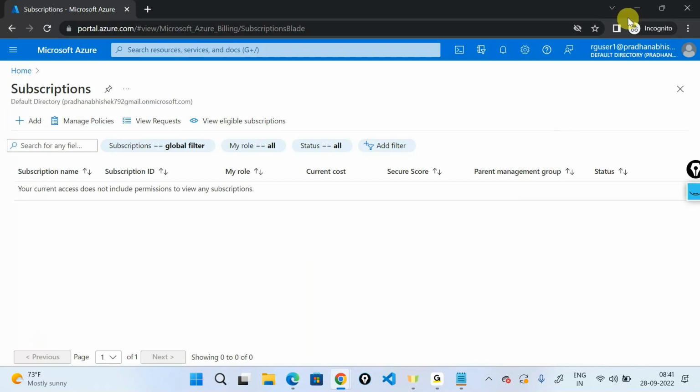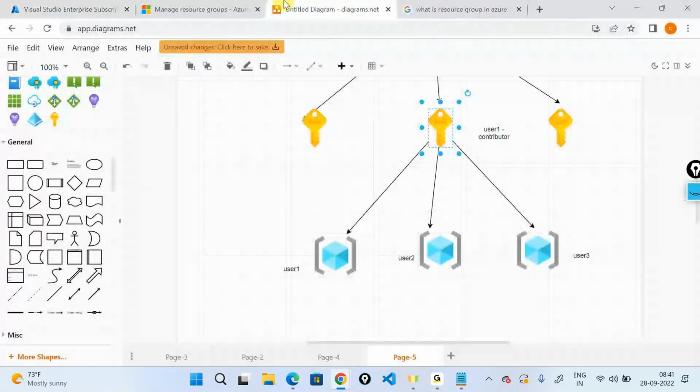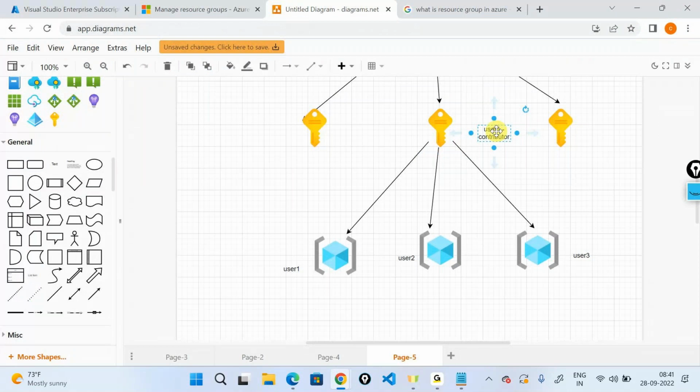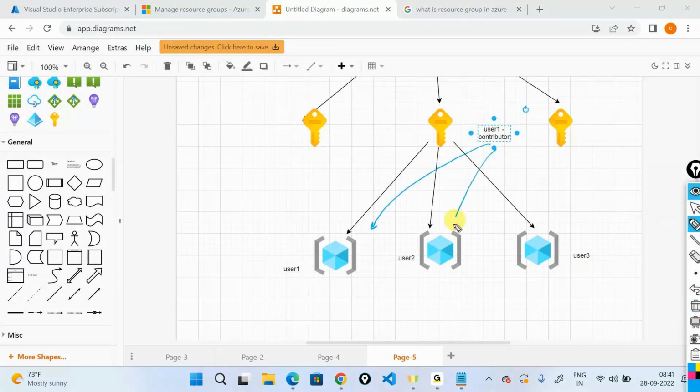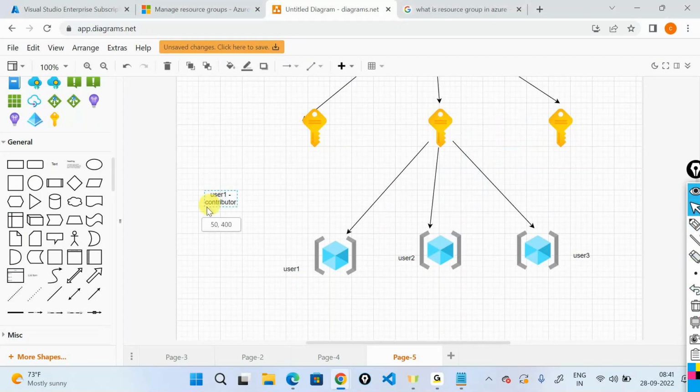Now tell me what should I do? I don't want to add the user at the subscription. Reason being, he's getting access to what? All the resources or all the resource groups under this particular subscription. Then I only want the user to have a role based access control at this particular resource group level. I'll ask Microsoft that, is this possible? Microsoft will say yes, why not? It is possible. If you want to give access to an individual resource group,